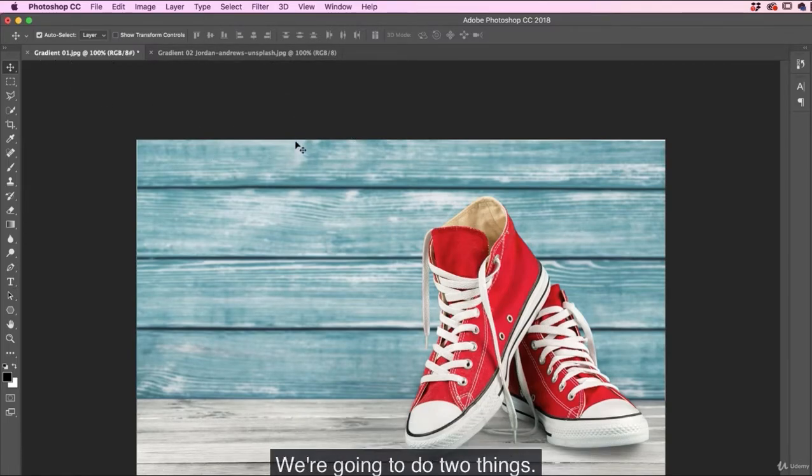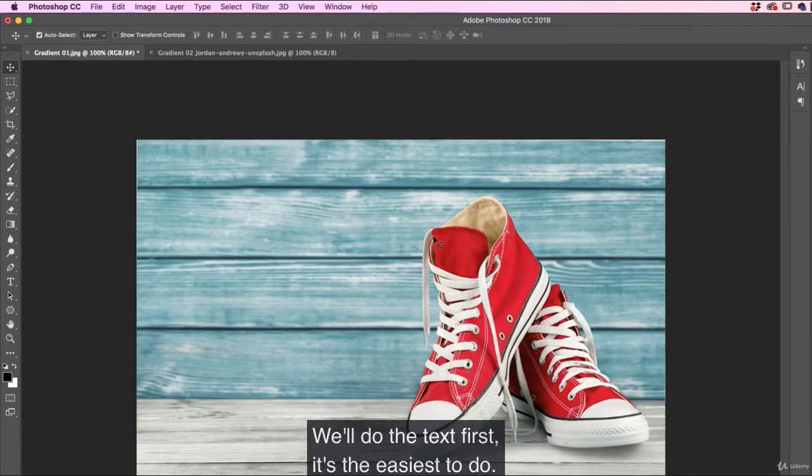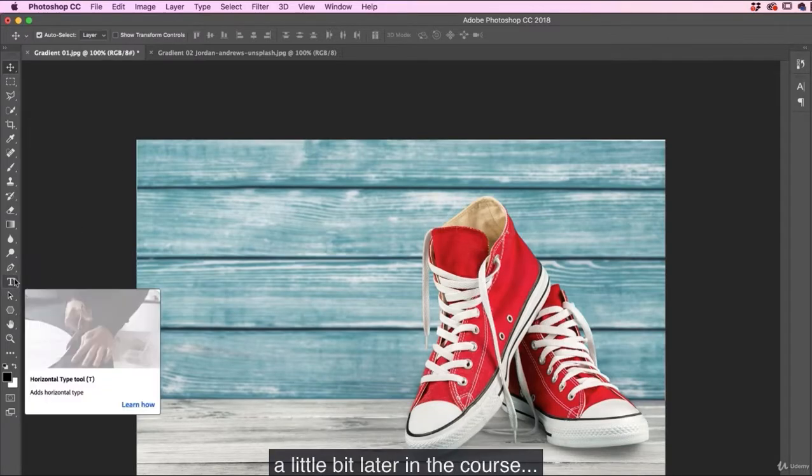We're going to do two things. We're going to add gradient to text, and we're going to add it to the image in the background. We'll do the text first as it's the easiest to do. Okay, so we're going to have a full section on doing type a little bit later in the course, but